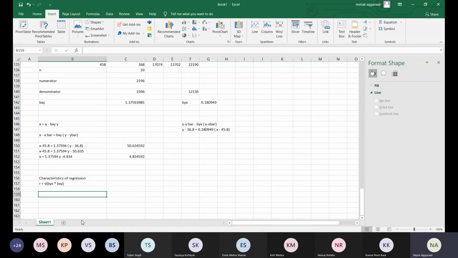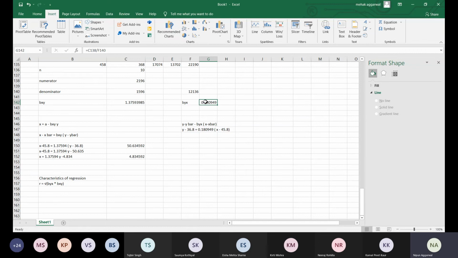But if you take the square root of byx into bxy, the answer must lie between -1 and +1. तो वो कब पॉसिबल है? अगर मेरे बी एक्स वाई की वैल्यू ग्रेटर देन 1 आती है, जैसे इस केस में बी एक्स वाई की वैल्यू कितनी आ रही है? ग्रेटर देन 1. तो अगर बी वाई एक्स की भी ग्रेटर देन 1 आ जाएगी, तो मेरा अंडर रूट करके वैल्यू लेस देन 1 नहीं आ सकता. सो कंडीशन क्या है? अगर एक वैल्यू 1 से बड़ी है तो दूसरी वैल्यू 1 से छोटी होगी, ताकि मल्टीप्लीकेशन करके वो आंसर 1 से छोटा आ जाए.